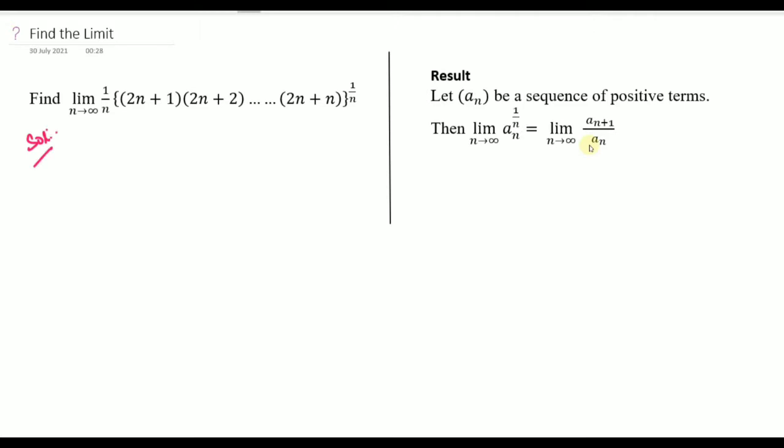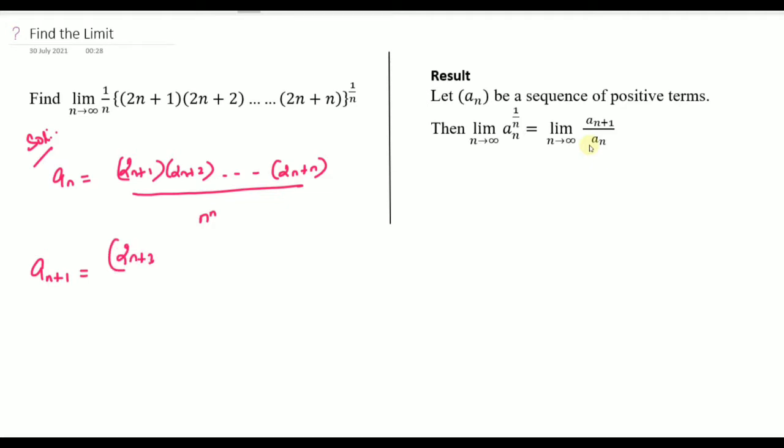First we take a_n. Here a_n is equal to (2n+1)(2n+2) and so on up to (2n+n), the whole divided by n to the power n. Next we have to find a_(n+1). We simply replace n with n+1. Therefore we get 2n+3, then 2n+4, and so on up to